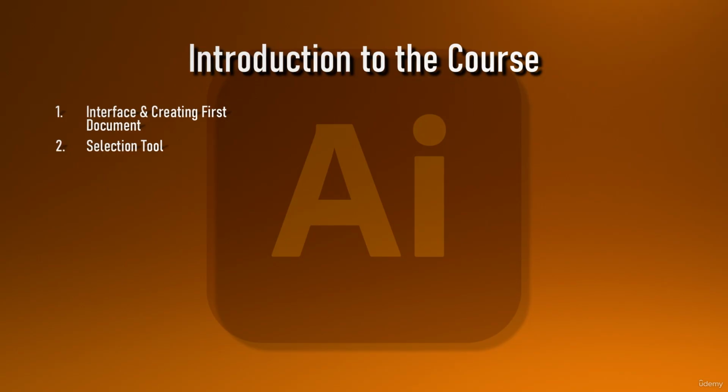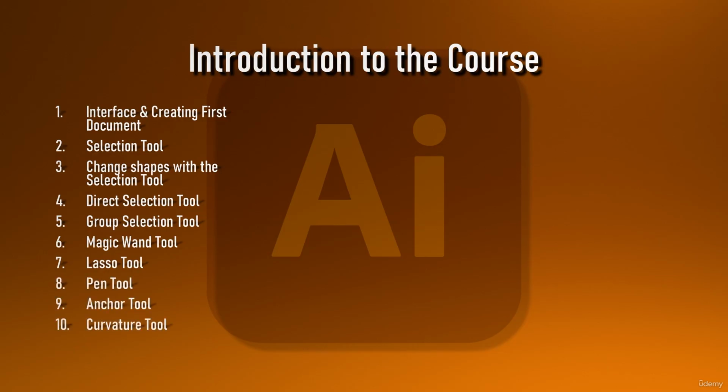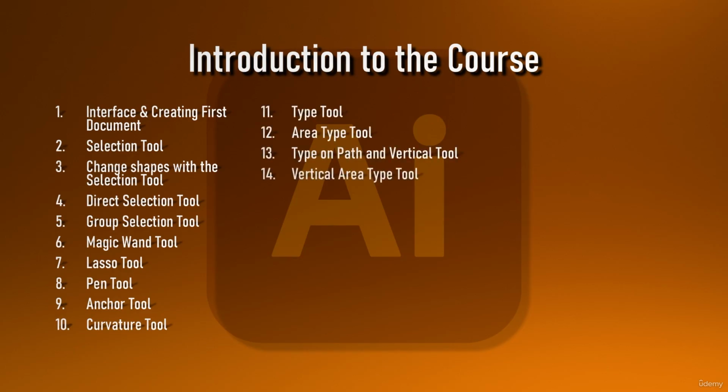So at first, the selection tool, the changes shapes with the selection tool, the direct selection tool, and the group selection tool. Then the magic wand tool, the lasso tool, the pen tool, the anchor tool, the curvature tool, type tool, area type tool, type on path and vertical type tool, vertical area type tool, case and alignment, line arc spiral